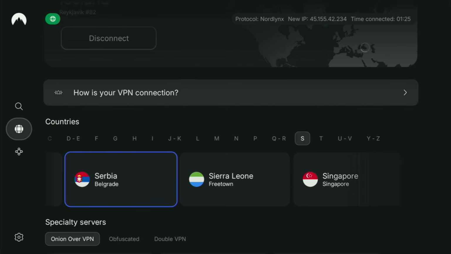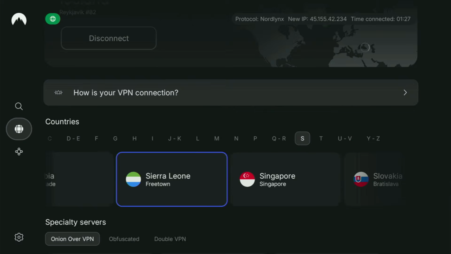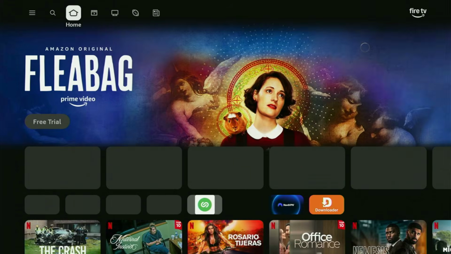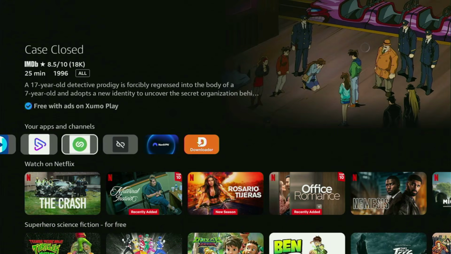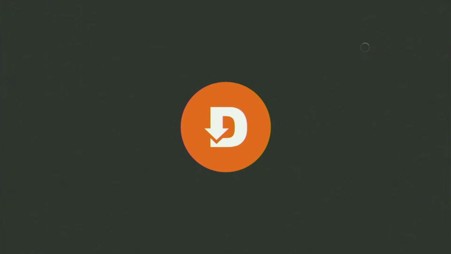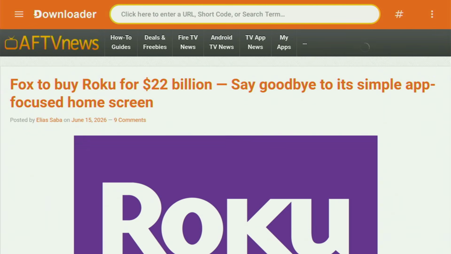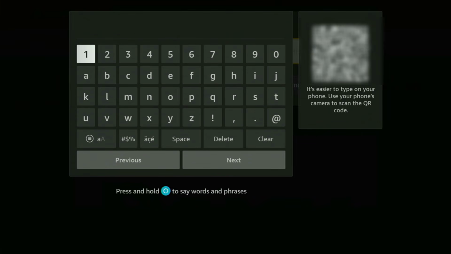And now, finally, let's use Downloader safely. So we head straight back to a list of apps on your device, and then we open up this Downloader application right here. So open it. Now here at the top, you will see this search bar. We will open it, and now it's time to enter a code to download Tflix application to your Fire Stick device. So now the code that you have to enter is going to be